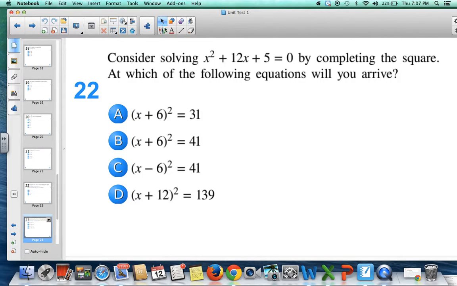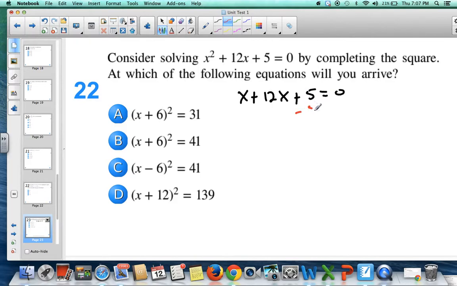Let's look at number 22. They're asking us to solve this by completing the square. So let's go through all the steps. We'll start with what they give us: x squared plus 12x plus 5 equals 0. Since we can't factor, we want to complete the square. We're going to get rid of the 5, so we subtract 5 from both sides. And that gives us